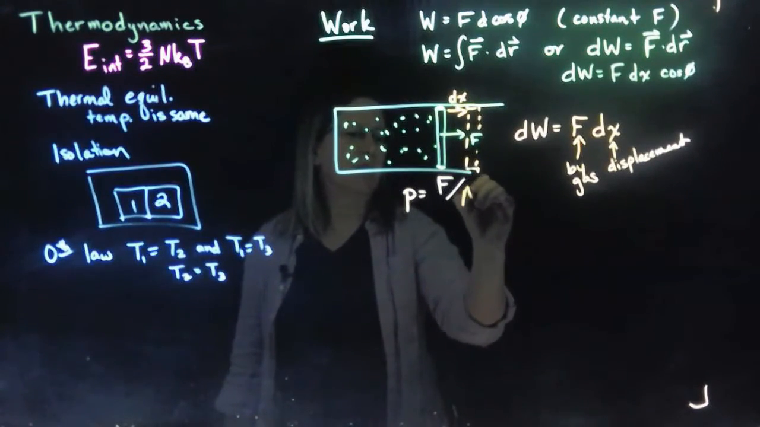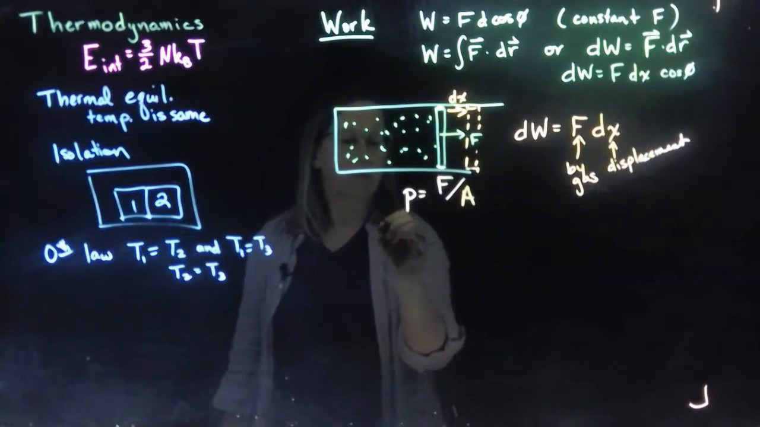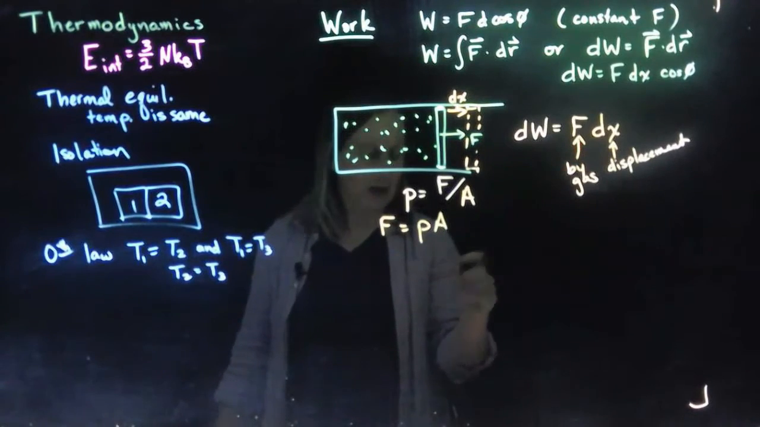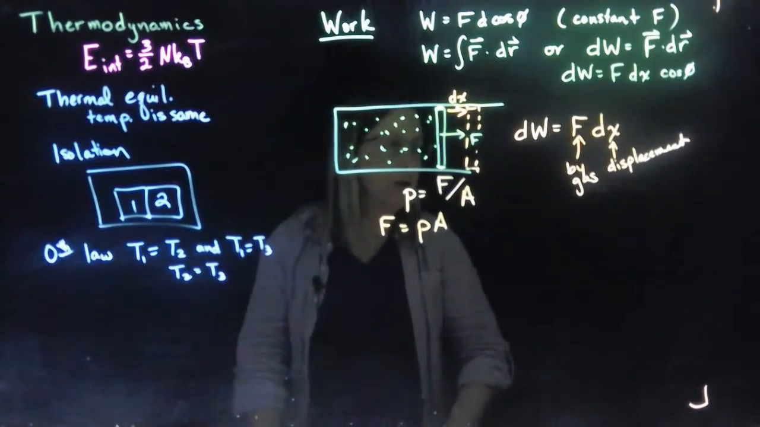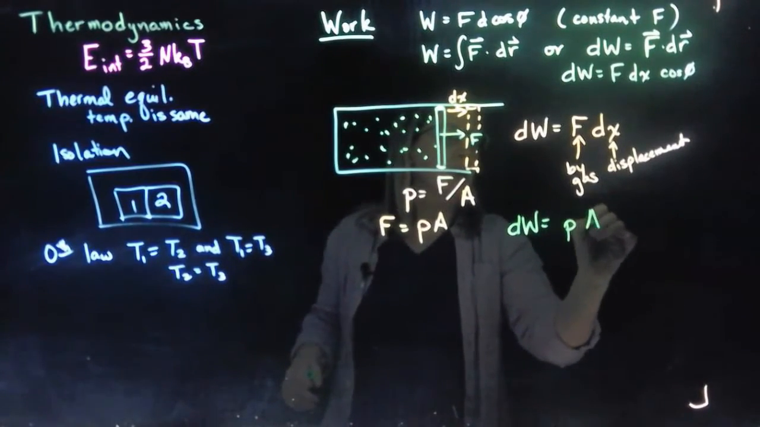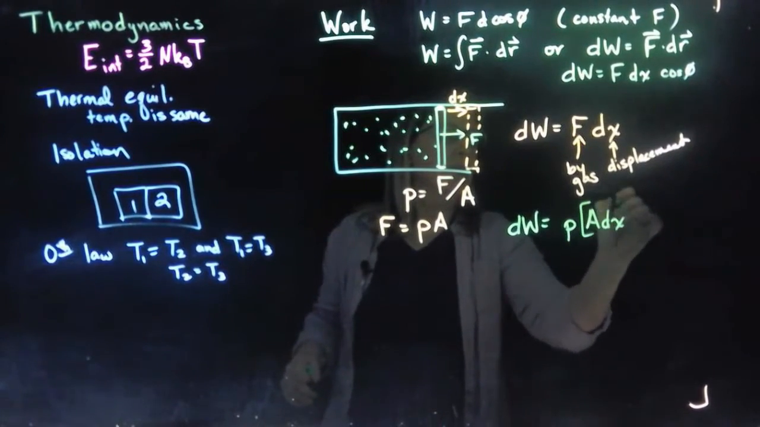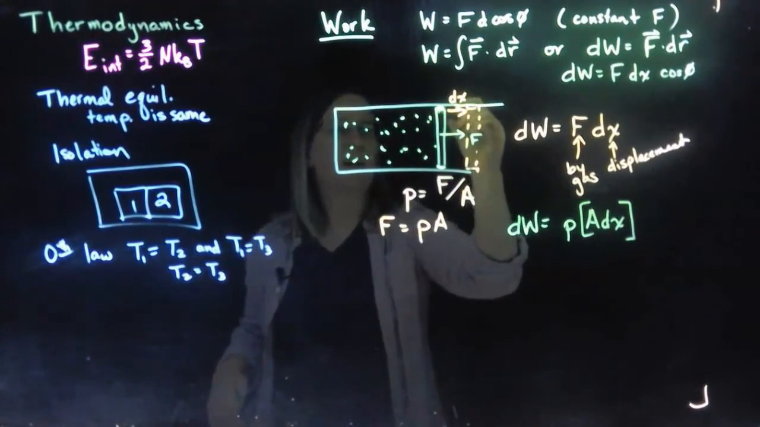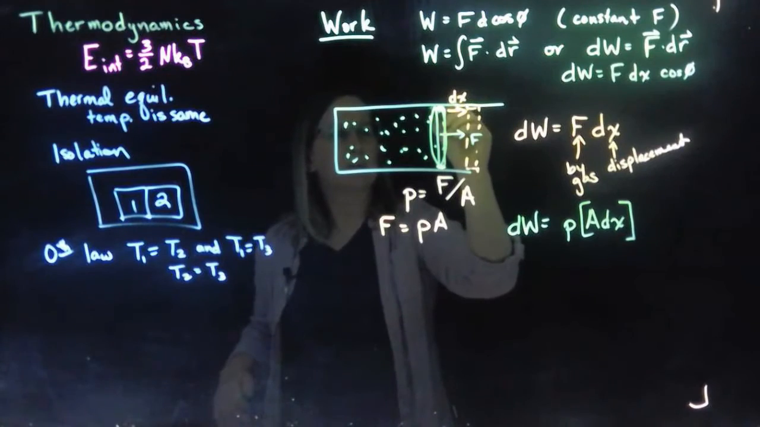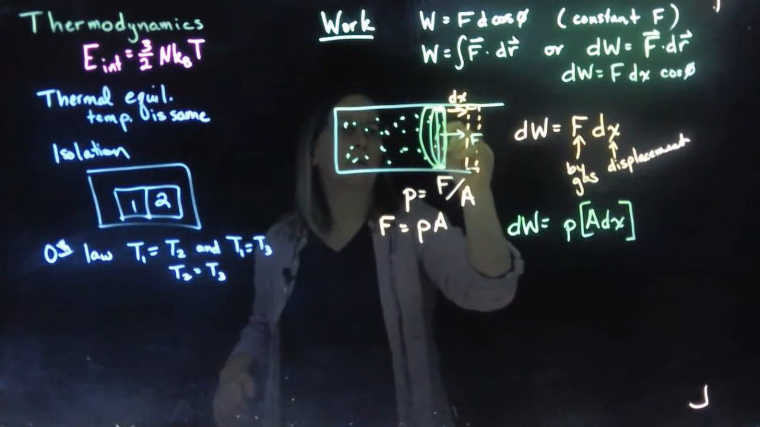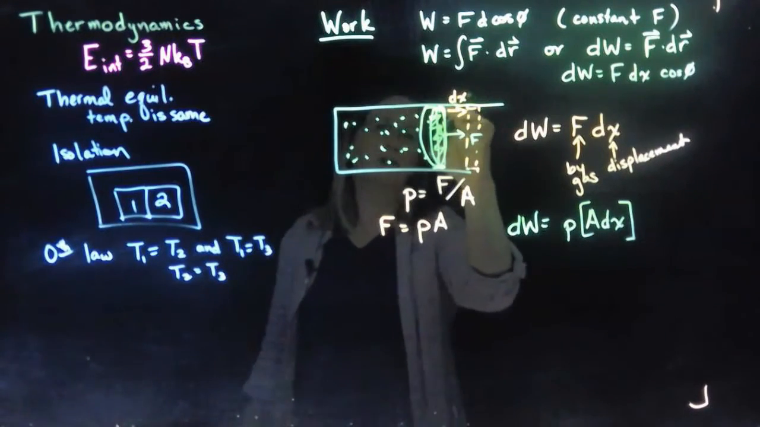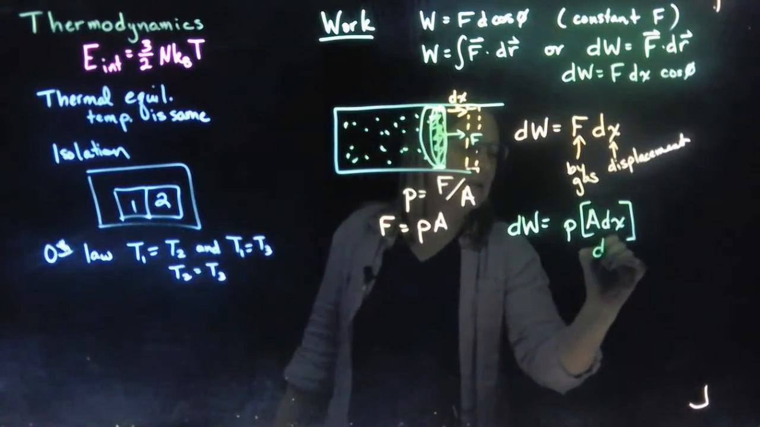Pressure is force over area. So in place of this force, we can rewrite force as pressure times area, and we'll have that the little bit of work that gets done is pressure times area times dx. This area times dx, we're talking about the area of the piston, so it might be a cylindrically shaped piston, and so that would be this surface area here, right? And so if you take the surface area times this, that's the amount the volume has